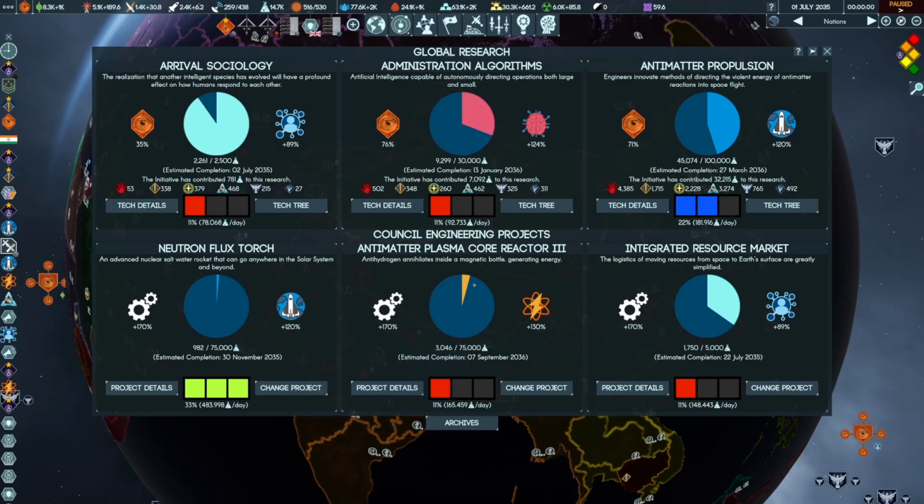We do have Antimatter Plasma Core Reactor 3, so we're going to be able to get our antimatter engines eventually as just a way to go. You need antimatter propulsion, then you need more things on top of it, and you need the antimatter infrastructure to support it. We're grabbing Integrated Resource Market, which will let us sell antimatter to the public for more money, because